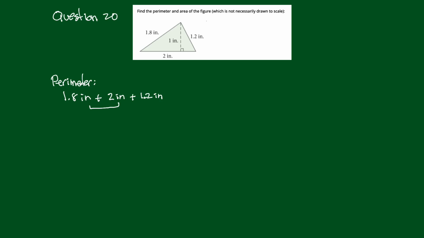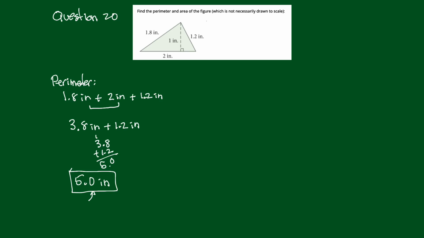It's 1.8 plus 2, which is 3.8 inches plus 1.2 inches. And now take that 3.8. What I'm thinking in my head is 3.8 plus the 1.2. Well, the 8 and the 2 will give me a 10. This will give me a 5. So I'm going to get 5.0 inches. And I'm going to write that 0 because 0 is included in my numbers up here. So I start with 1 decimal position, I'm going to end with 1 decimal position. So there's my perimeter,